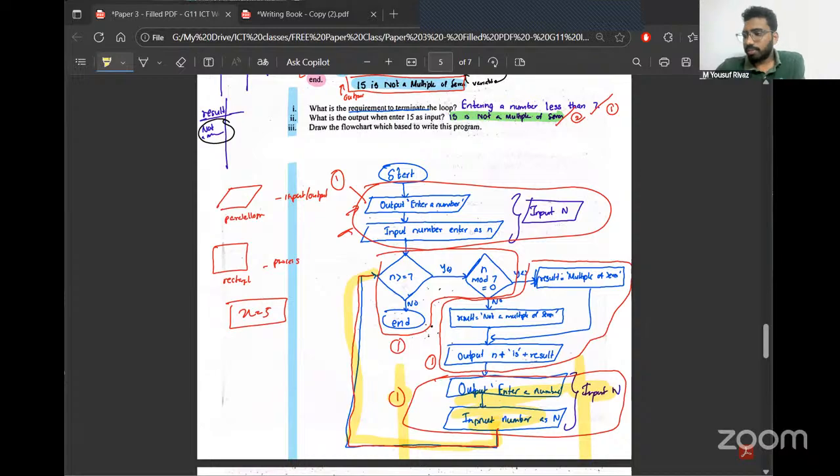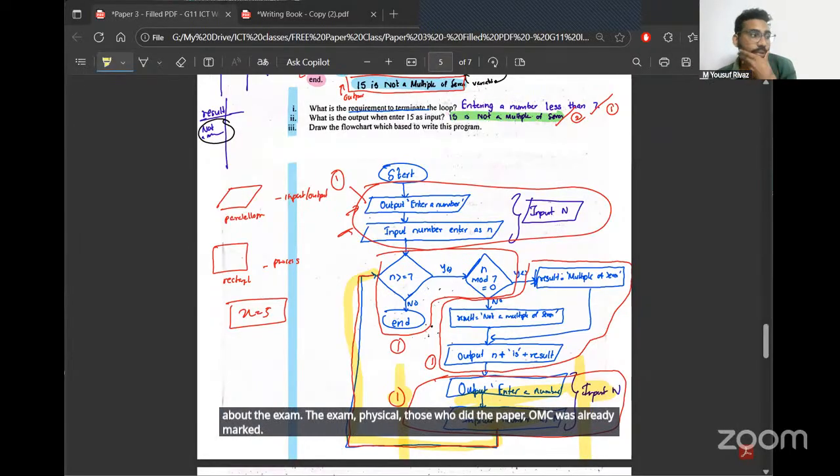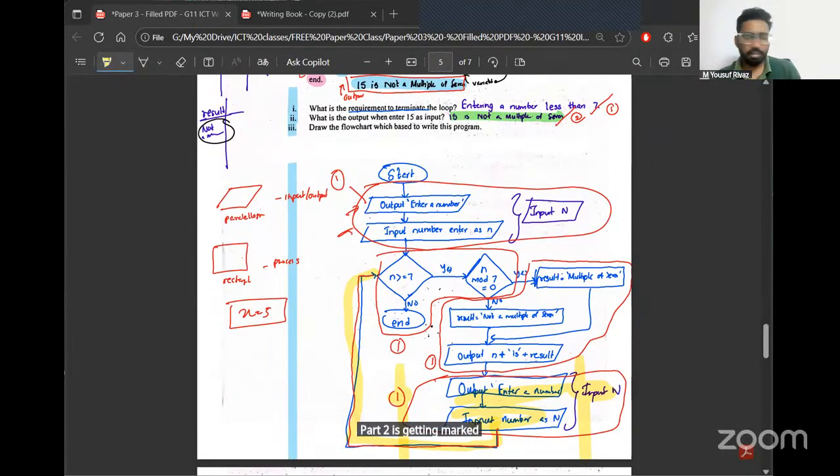How was it, Isra? How did you find the HTML question in the school exam? About the exam, those who did the physical paper, your MCQ is already marked and Part 2 is getting marked. If you want, I can give you the MCQ marks in class this week.